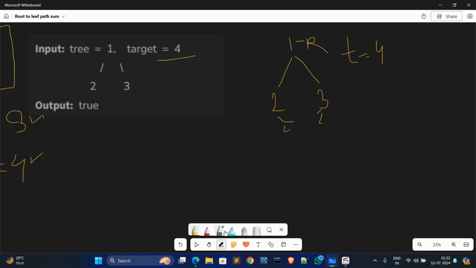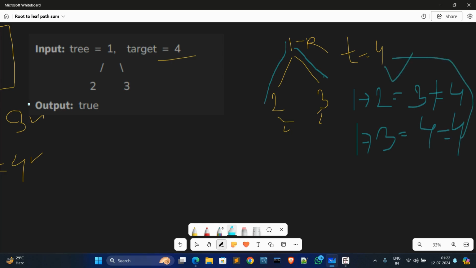We make 1 to 2 and 1 to 3, two paths. The sum of the path 1 to 2 is 3, and the sum of the path 1 to 3 is 4. The first sum, 3, does not match our target, but the second path is equal to our target.